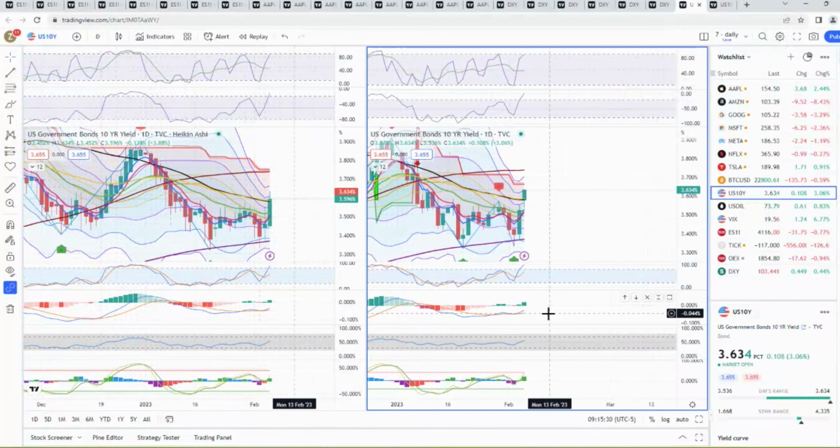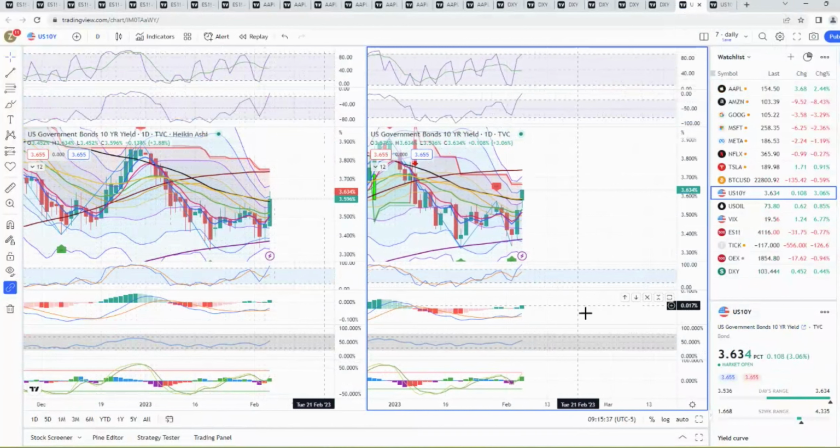So I don't know if that's going to be the case this time, or if it's going to go all the way up here and test the highs on the MACD zero line and then start to come back down. If that's the case, because the MACD has crossed to the upside on the daily, then very likely it will start to form a trend. Then we'll see this 3.66 area. If that clears, then it's going to hit the second standard deviation, all the way 3.69, 3.7, and by the time it hits this 3.74 to 3.75 area,